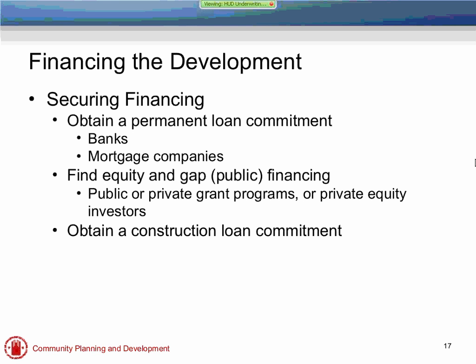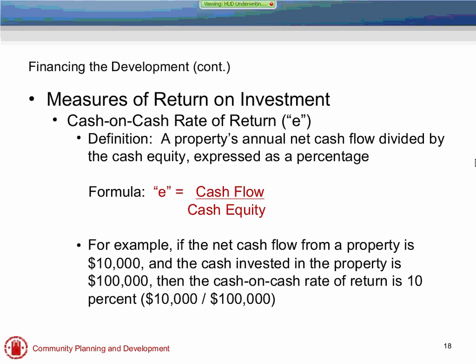So we need to put together the permanent financing. We also have to finance the project while it's under construction. Oftentimes, some lenders do not want to advance money until the project is completed. They'll put the money in when the project is done. But in the meantime, you need to pay for construction costs. You have to pay the contractor, you have to buy land, you have to pay the architect, and so most projects need a construction loan commitment as well. And could you advance this? Thank you very much.